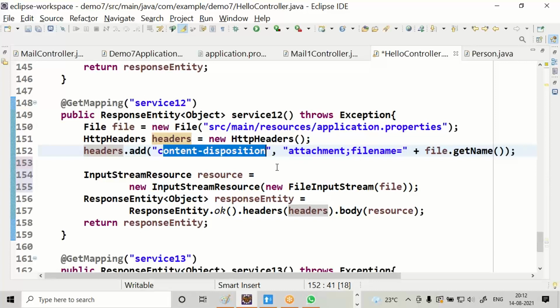Then only the browser will give one pop-up window to provide save or cancel. Whenever you are downloading, the browser has to provide one pop-up window.